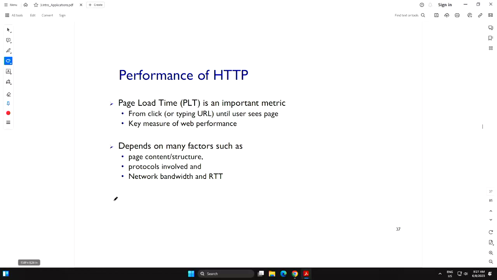So there are many factors, as I told you. What we will focus on is the protocols, the TCP and the HTTP interaction. That's where we'll focus. Network bandwidth is something I will show you can solve the problem at a cost, because network bandwidth means you have to pay for a link which has 10 times higher speed than the previous one, for example.